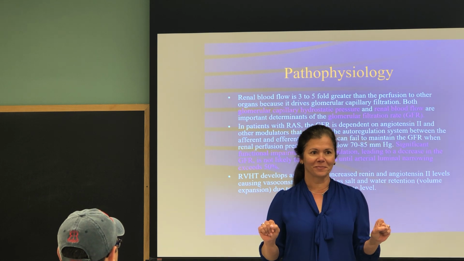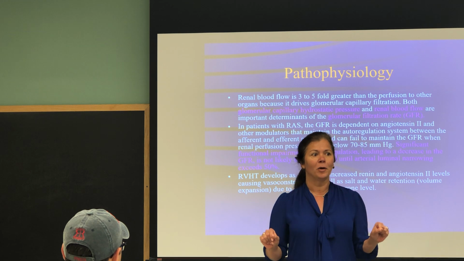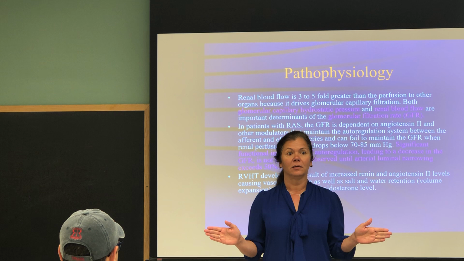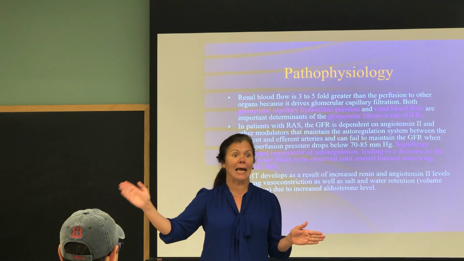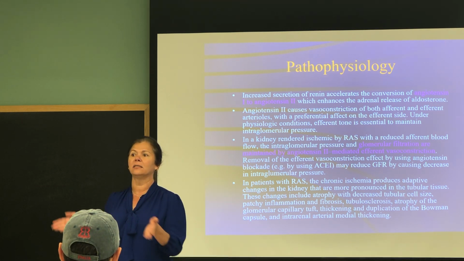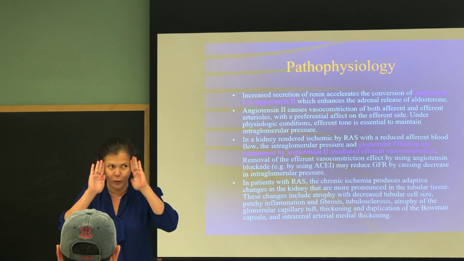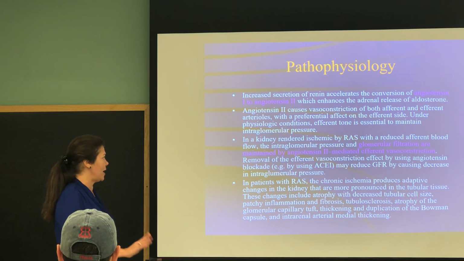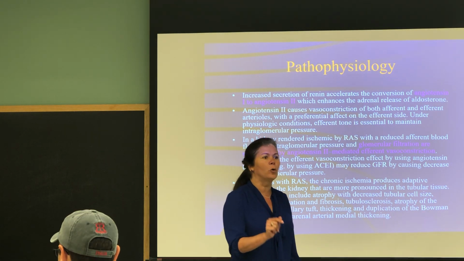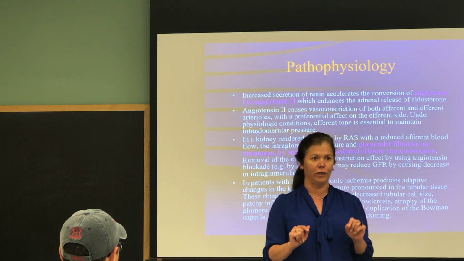They also do try to auto-regulate, right? But the problem is that if both have an ischemic episode, you have more likelihood to go into acute renal failure faster than if a patient has only one kidney affected, okay? So I want you to keep that in mind so far, all right? So the autoregulatory response is really important for the kidney to be maintained in order to avoid acute renal failure,